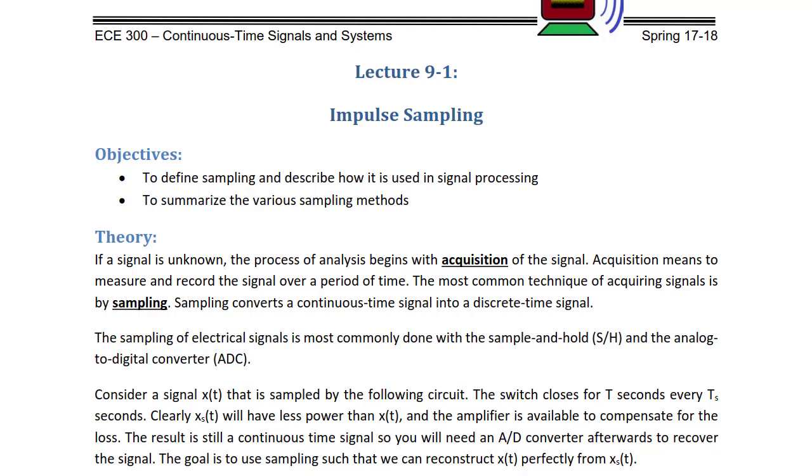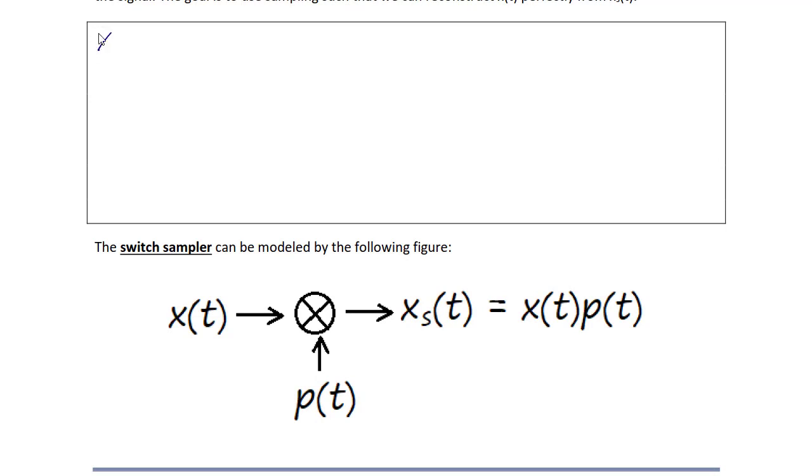Consider a signal x(t) that is sampled by the following circuit. The switch closes for T seconds every Ts seconds. Clearly, xs(t) will have less power than x(t), and the amplifier is able to compensate for that loss. The result is still a continuous time signal, so you will need an A to D converter afterwards to recover the signal. The goal is to use sampling such that we can reconstruct x(t) perfectly from xs(t). So here's the signal x(t),